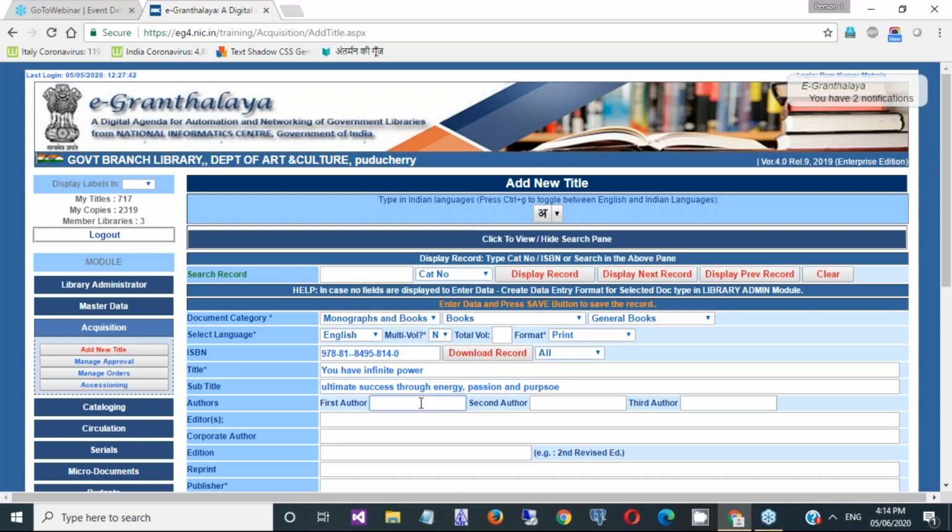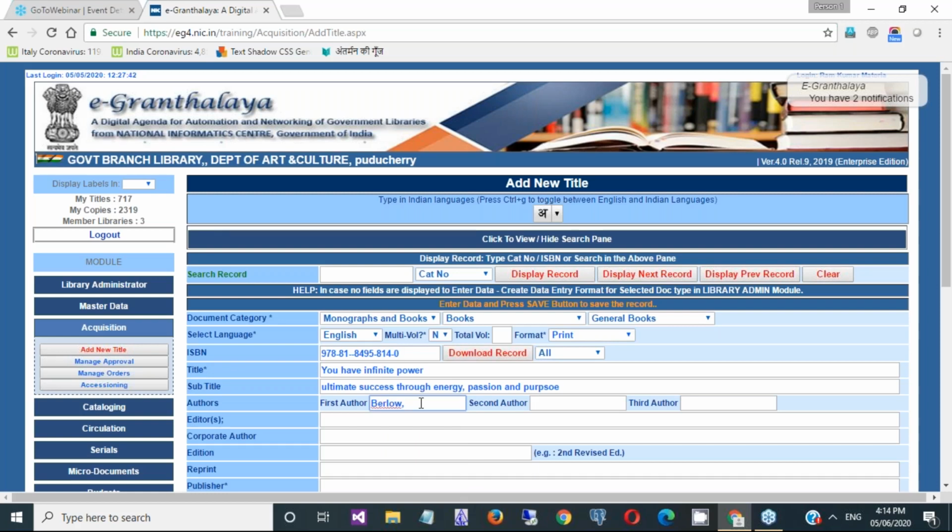Then the author. Basically, there are 4 authors, but as per cataloging standards, the first 3 authors have to be taken. So, Mr. Matija, Ji, Gopal here. Ji, when you give that ISBN number, you can automatically download the record, no?